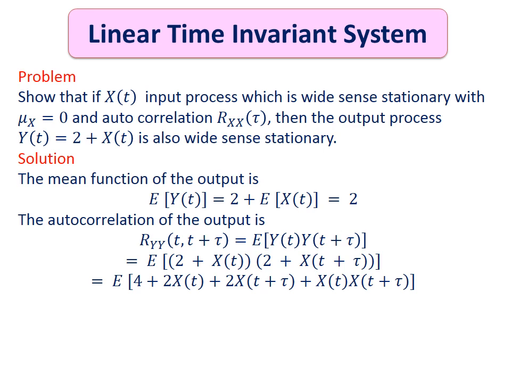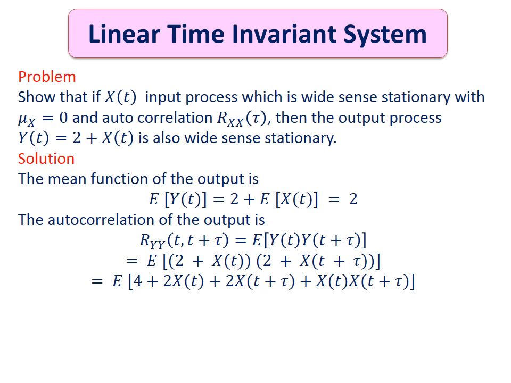Again, on calculating autocorrelation of the output Ryy of t comma t plus tau, it is defined as expected value of y of t into y of t plus tau. So I just supply what y of t is. It is given as 2 plus x of t, and y of t plus tau means 2 plus x of t plus tau. On multiplying, we get 4 terms. 4 plus 2 times x of t, 2 times x of t plus tau, plus x of t into